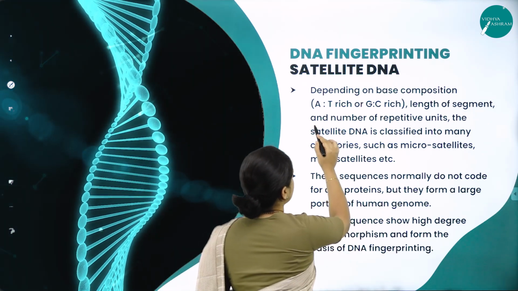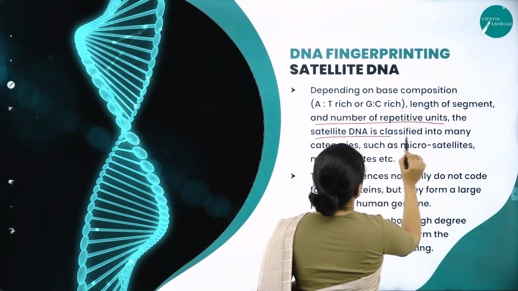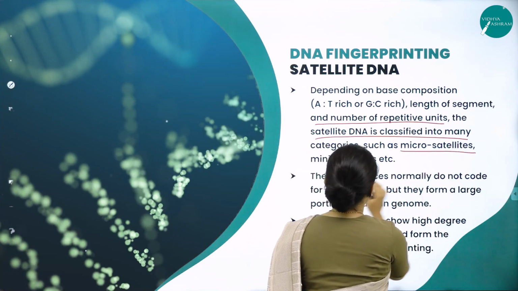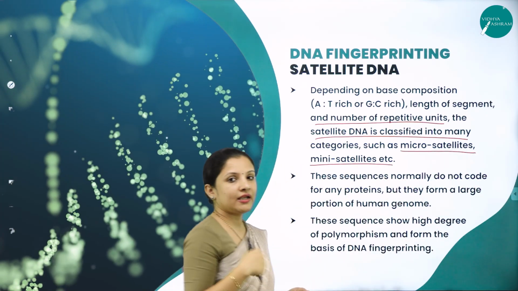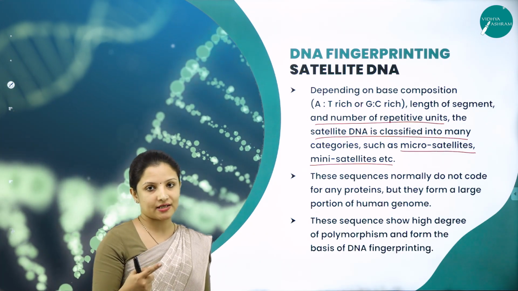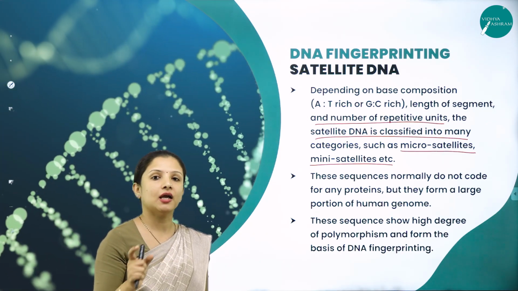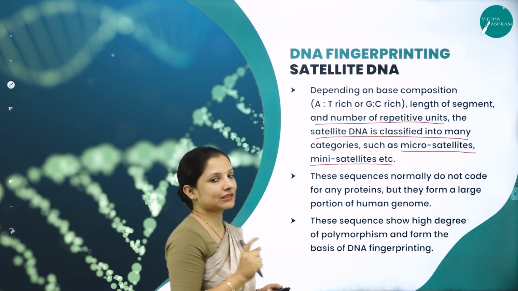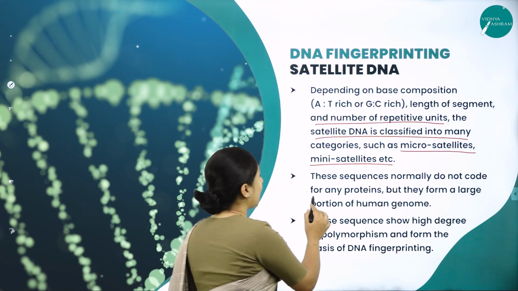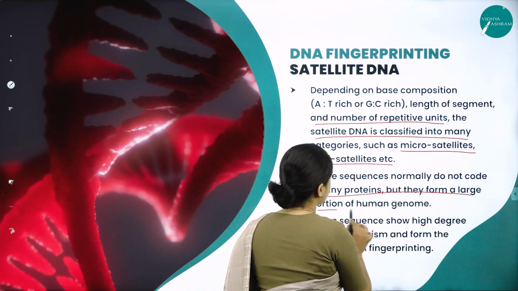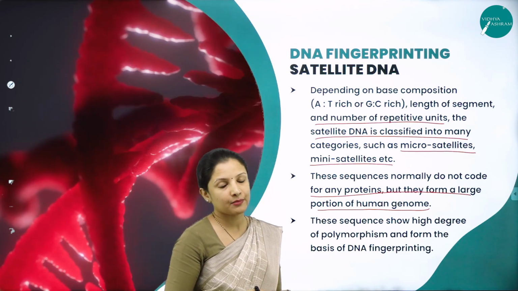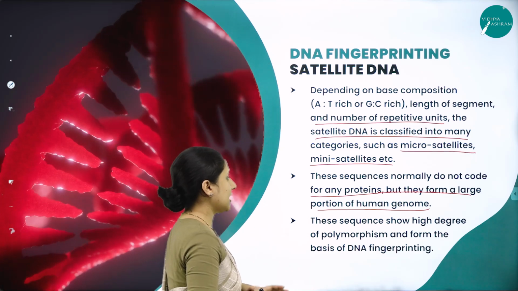the segment and the number of repetitive units, the satellite DNA is classified into many categories such as microsatellites and minisatellites. So again, based on how many times the nitrogenous bases have repeated on the DNA strand, the satellite DNA can be classified into microsatellites and minisatellites. These sequences normally do not code for any proteins, but they form a large portion of the human genome. The satellite DNAs also do not code for any proteins, just like the repetitive DNA, and these sequences